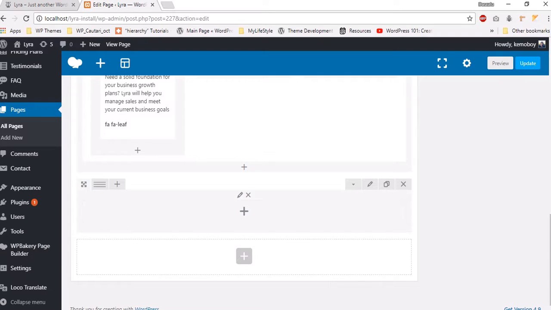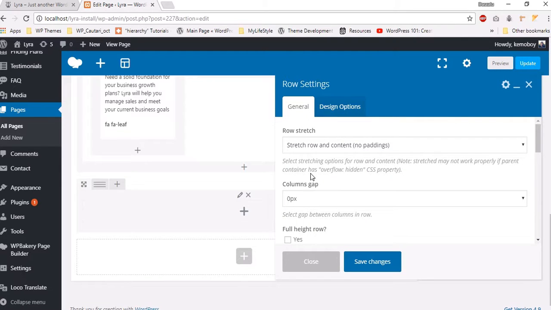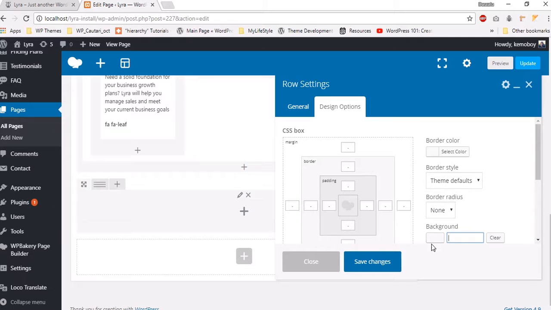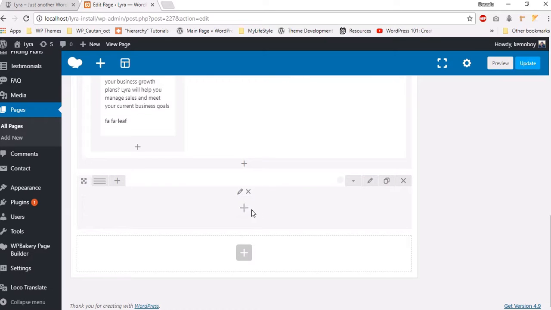so you have to give it a color. So let's go here, on the pen, and design options, background, and here I'll give it this color. Save changes,